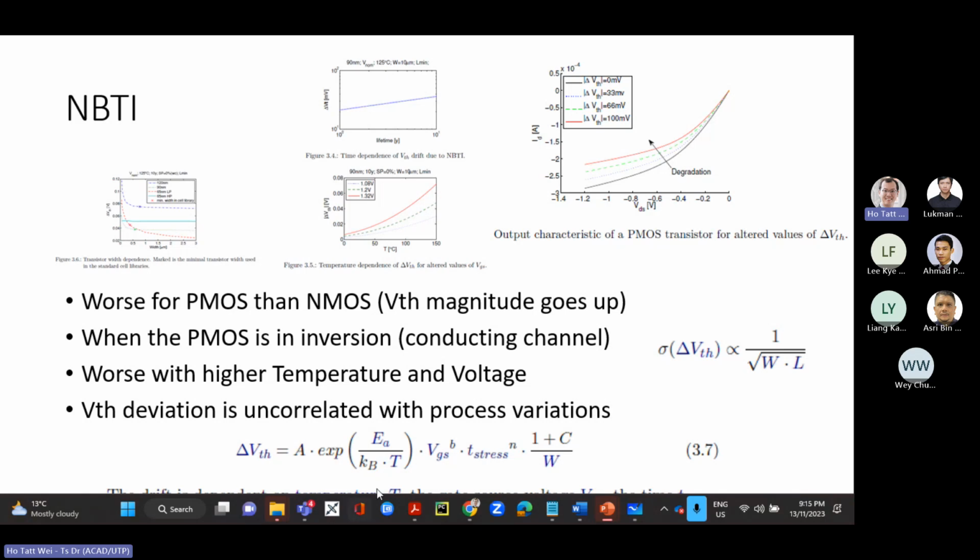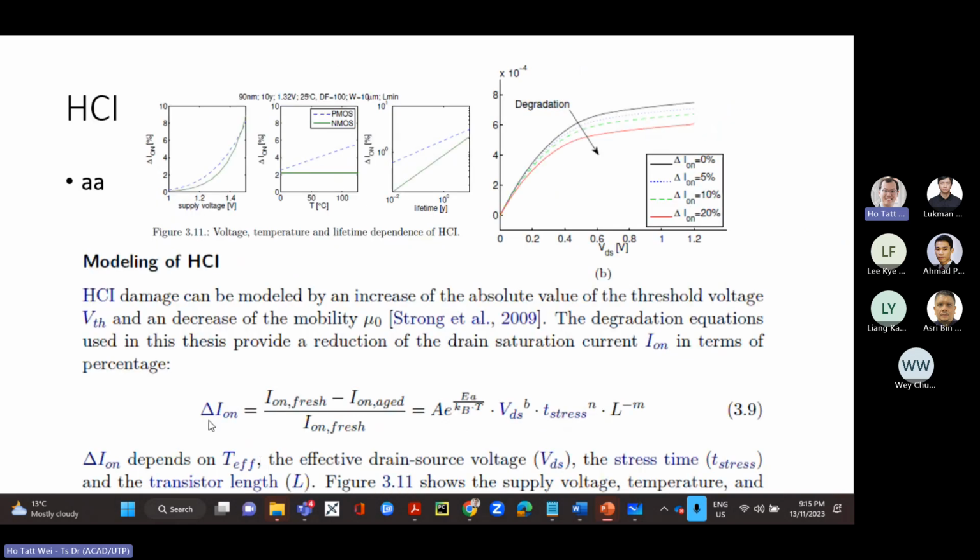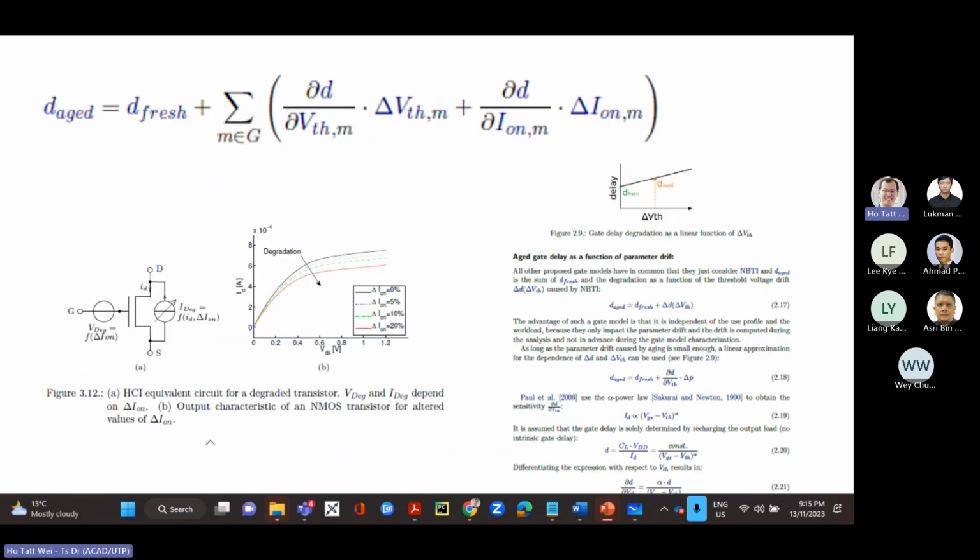And then second, I probably want you to calculate and tell me how much worse the delay is going to be under that aging effect after 5 years or after 8 years or after 2 months, something like that. So you should be able to calculate the change in threshold voltage, the change in Ion, then you convert that into delay, change in delay. This is the delay of the fresh chip plus this part here, and the delta VTH is given down here in this derivation here. I'll share these slides.